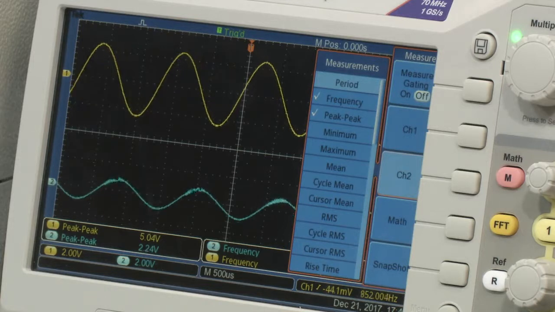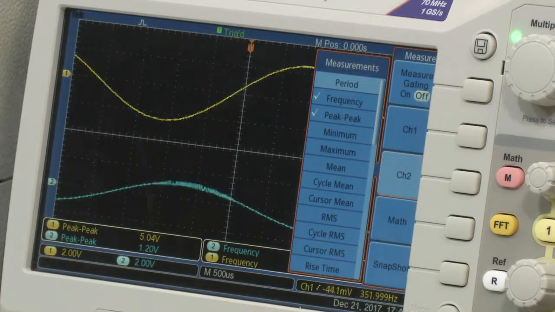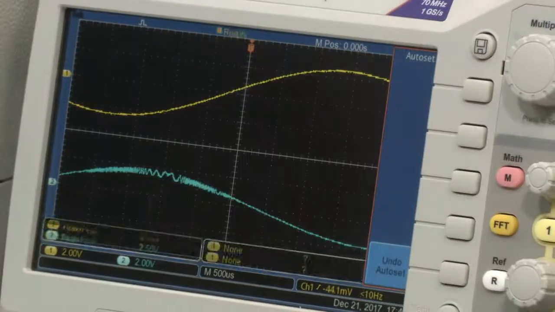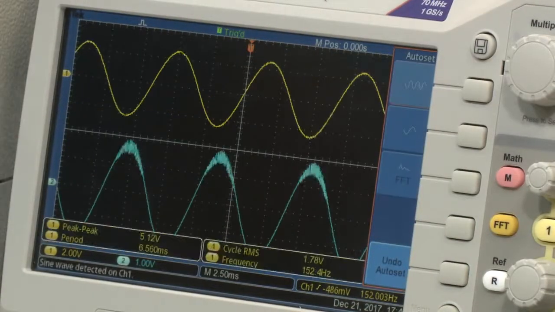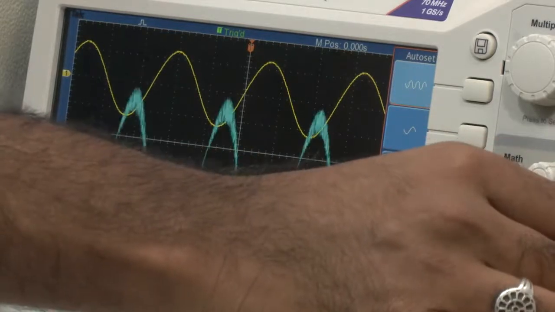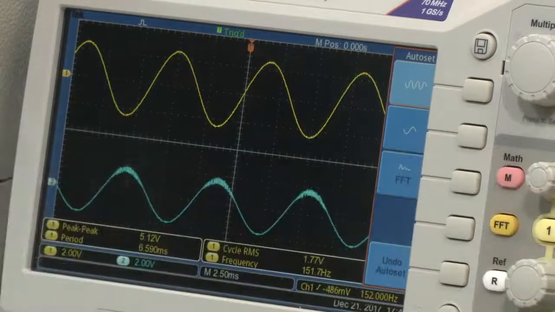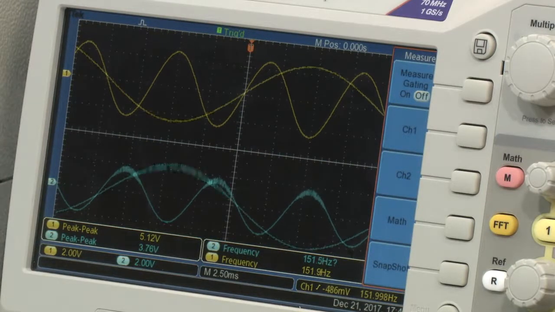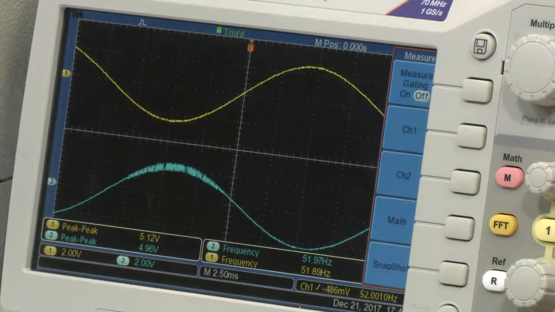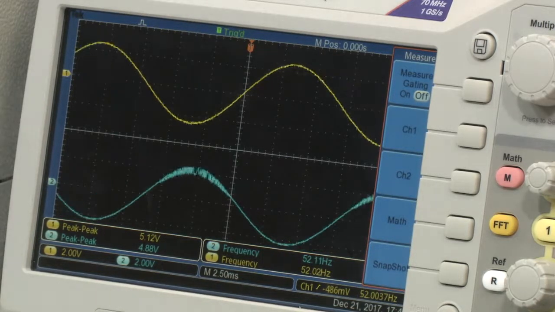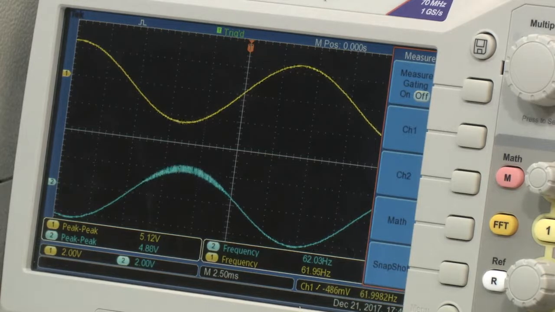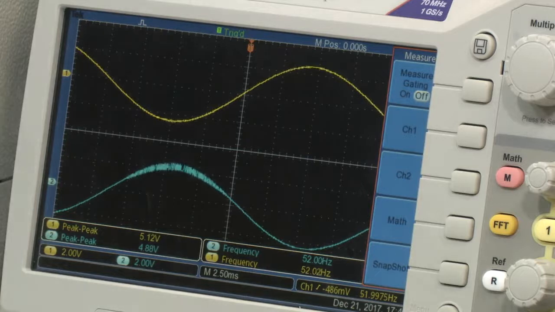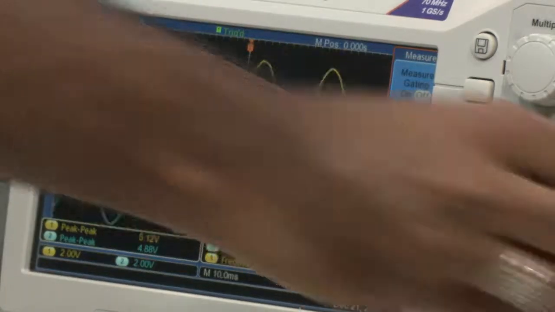159 hertz. Can you please auto adjust? There is a function called auto adjust and it will automatically adjust your waveform, so you do not need to adjust it manually. Now you see that below 159 hertz, it will again start increasing. You see the voltage again started increasing. That means that the peak to peak voltage will attenuate only between 159 and